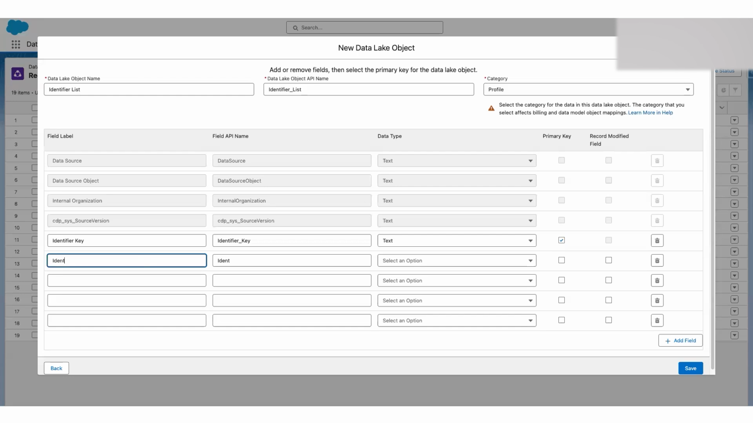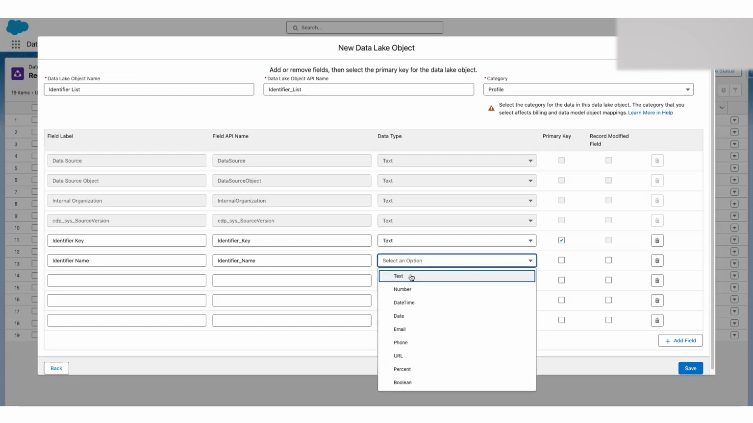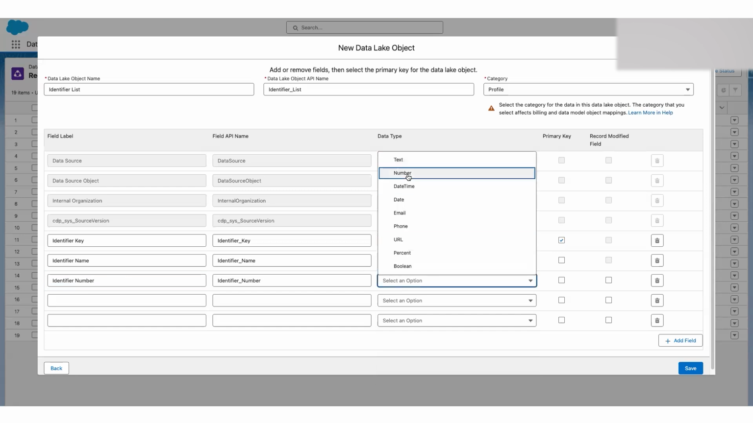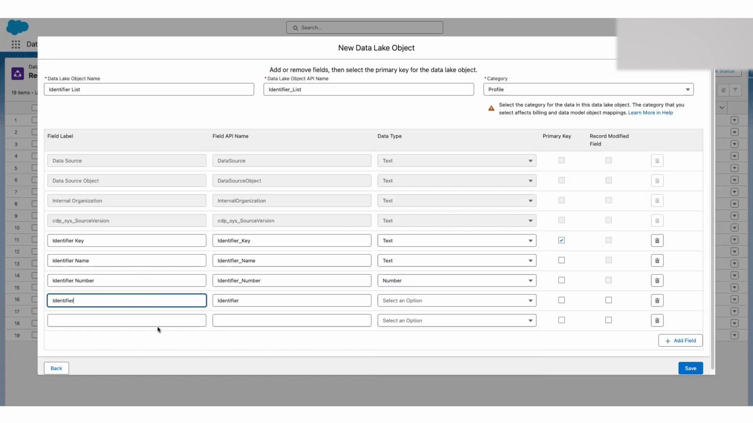I do need identifier name. This is a text as well. The next I'm going to select is identifier number. Going to keep it as a number field. Next I'm going to select is